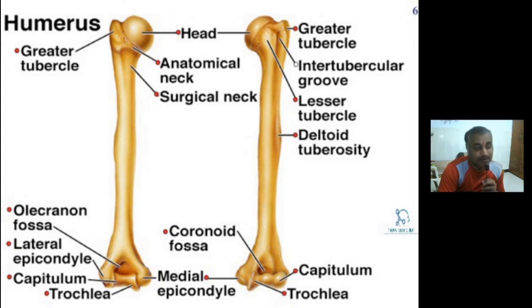Now, because the nerves are in contact with humerus, any fracture of the respective parts of the humerus is likely to damage the nerve, causing loss of functions. So, thus we have seen a few salient features of the bone and a relationship of important nerves of the humerus in this particular short session.